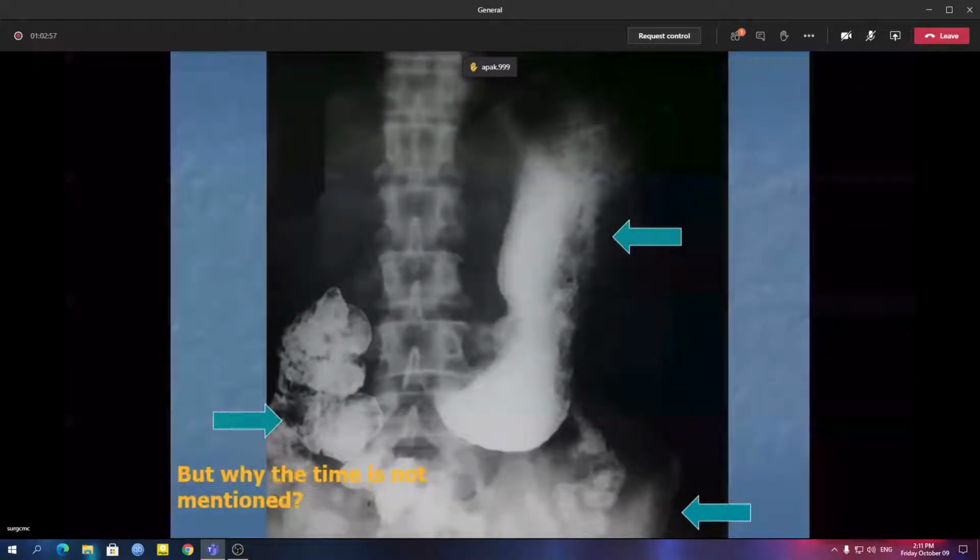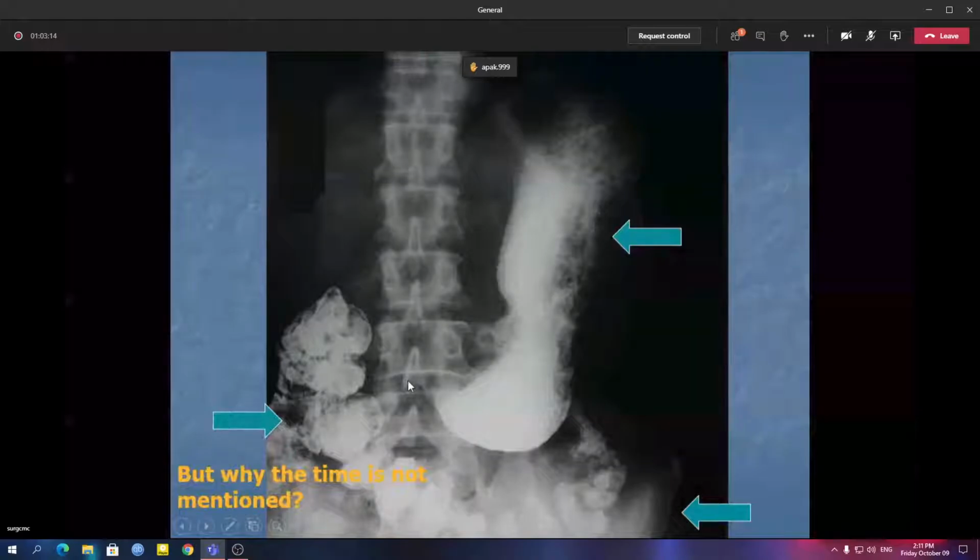Sir, dye has been applied from the upper end as well as the lower end. Upper and lower end? I am only giving barium orally. I haven't gone into the lower end or aboral end. So gastric outlet obstruction. This is a case of gastric outlet obstruction or pyloric obstruction.